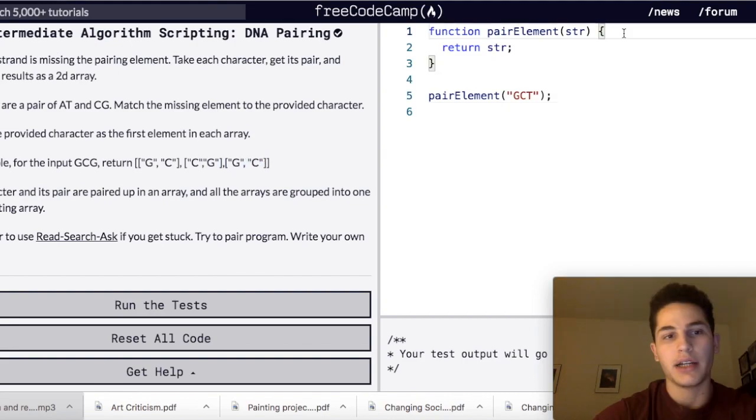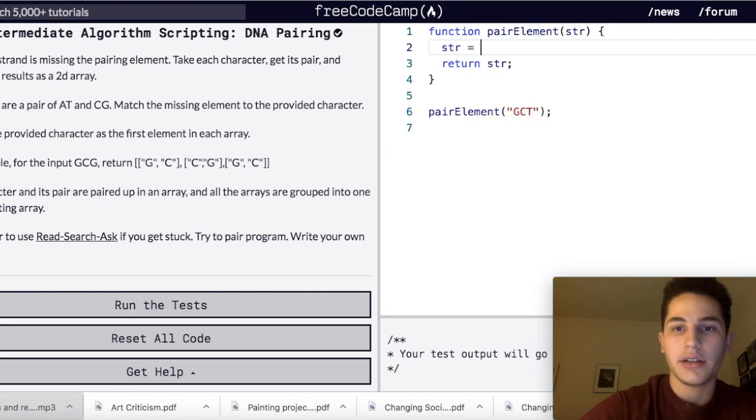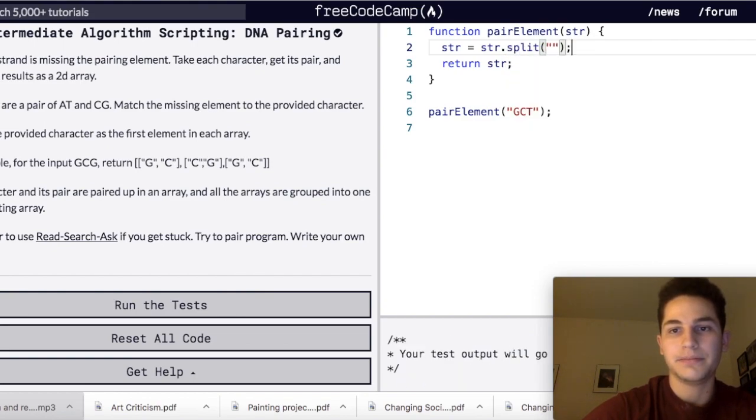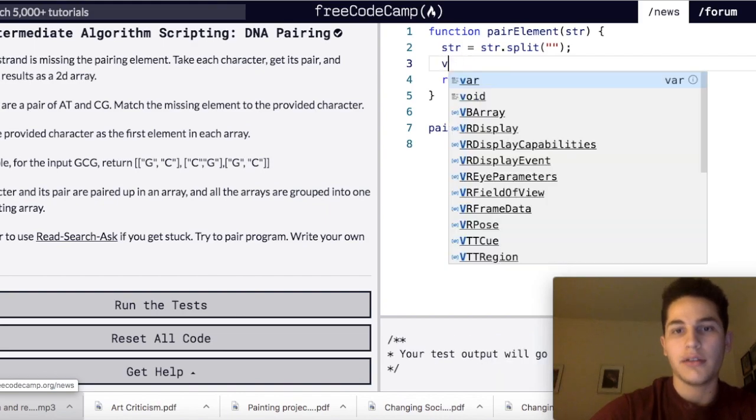Okay, so we're going to have four different if statements: A, T, C, and G. But first, because we're going to be manipulating our string, I want to use slice, and so I need to make str equal to an array dot split. Then we can do a for loop, or actually first var empty